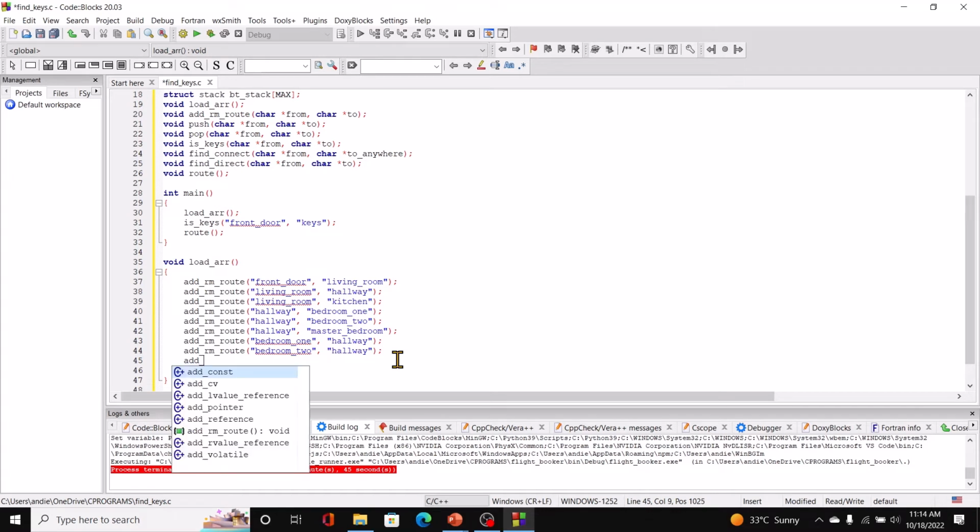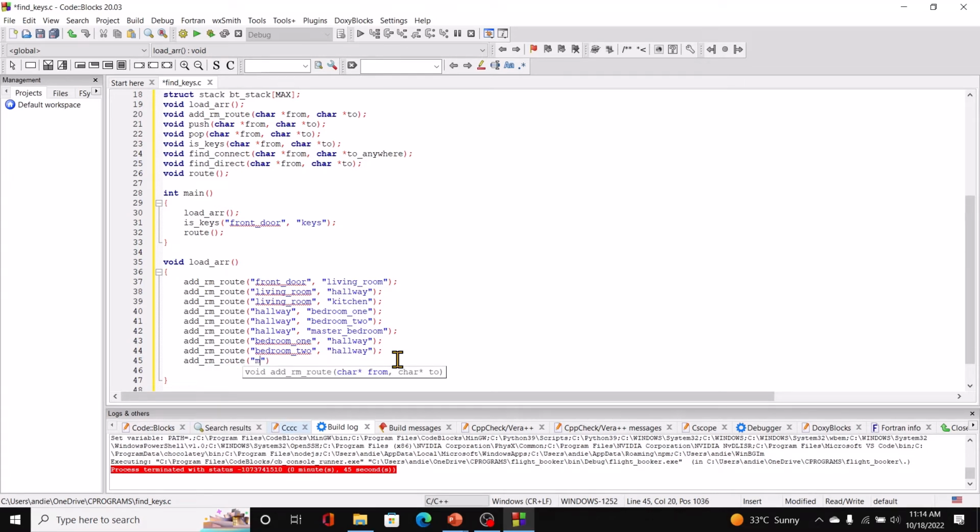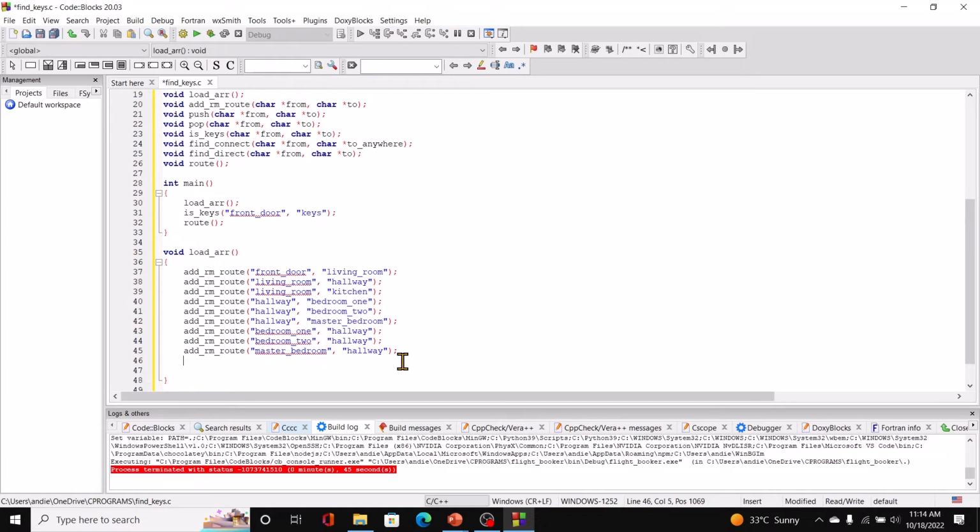And then add room root, sending in master bedroom and hallway, and then add room root, again sending in now hallway